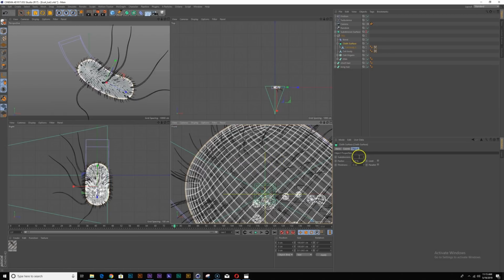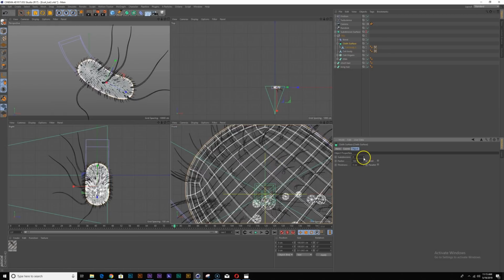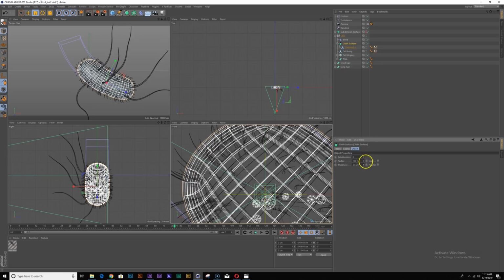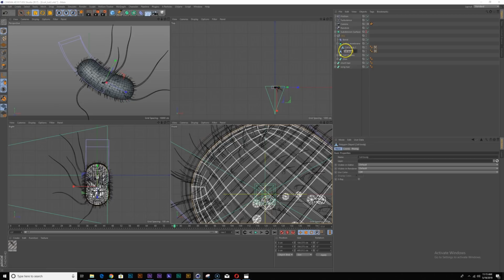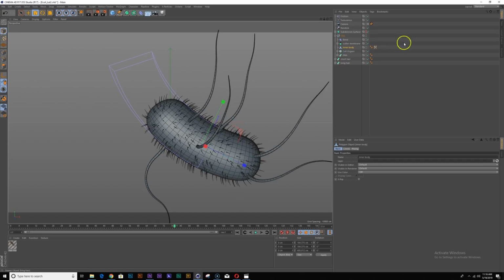If I'm moving here, I don't need the subdivisions. So this is going to be my outer membrane, so I'll call this my outer membrane. This is my inner body.